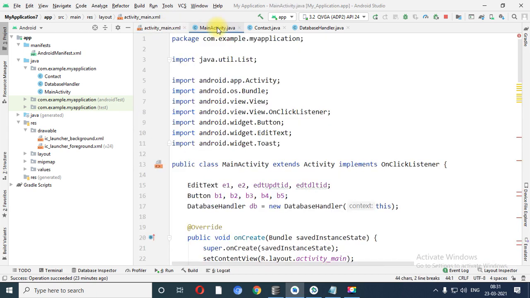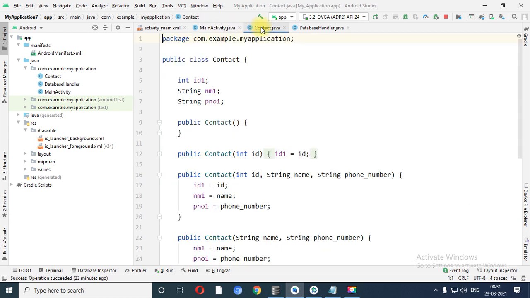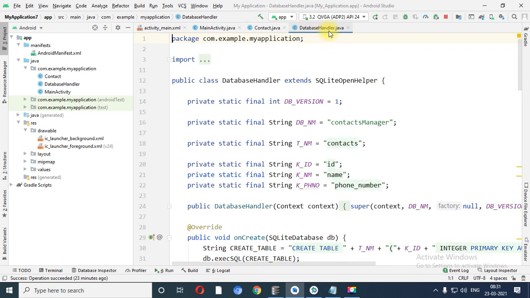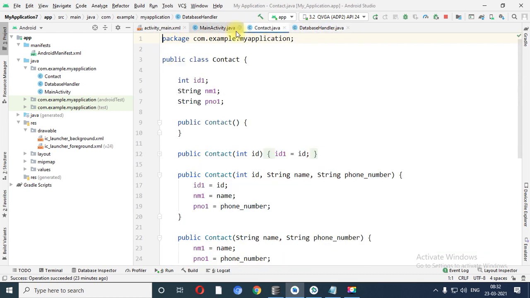Second one is called main activity.java file, which is the default file, on which we perform the basic task or coding. The third one is called contact.java. Fourth one is called database handler, right? So these 3 are the Java files.